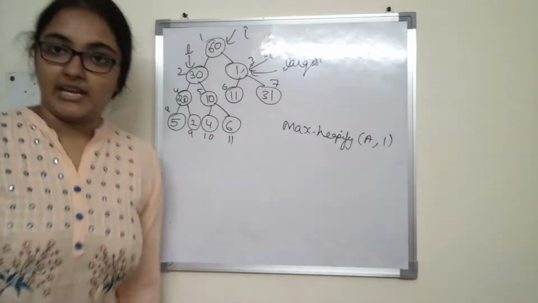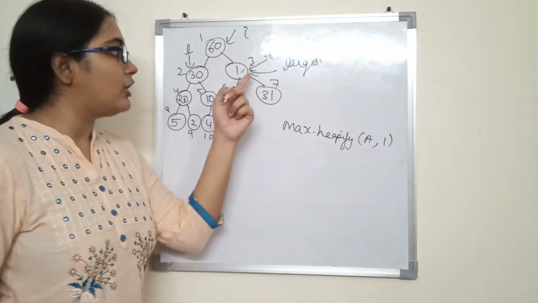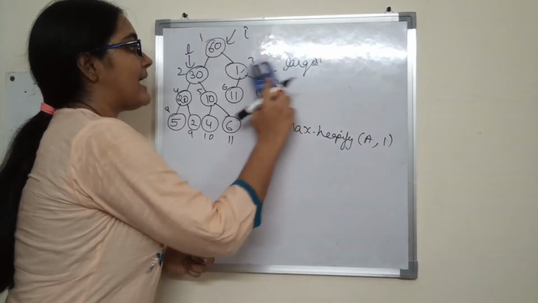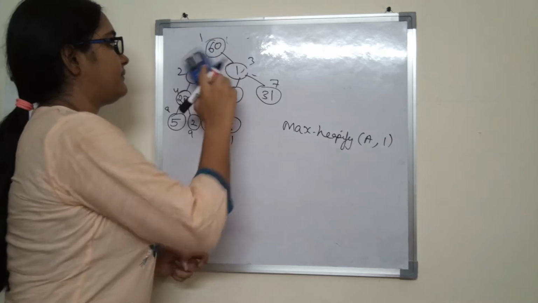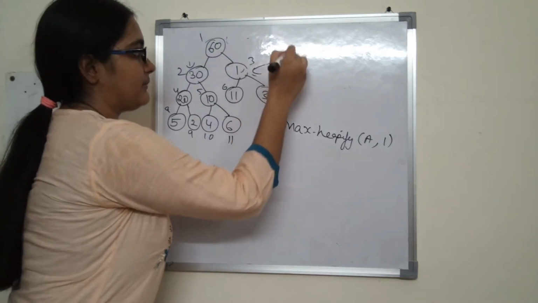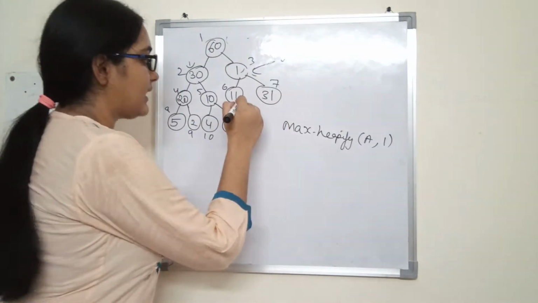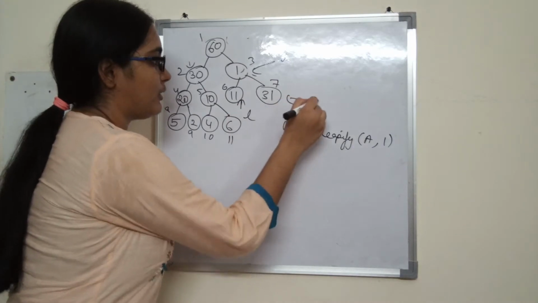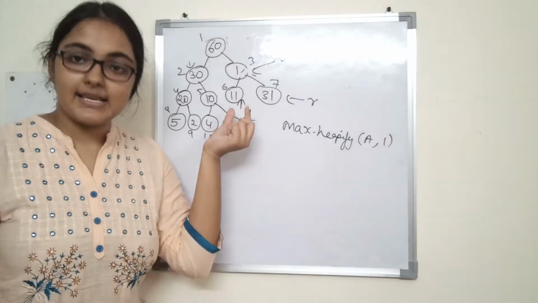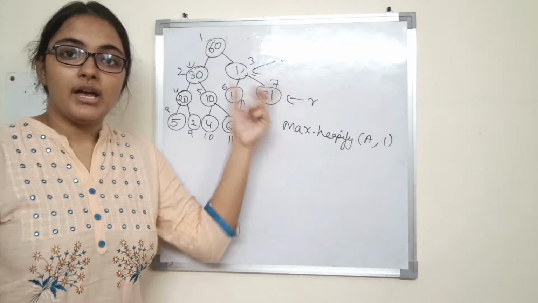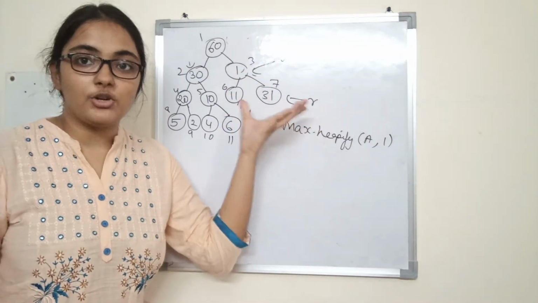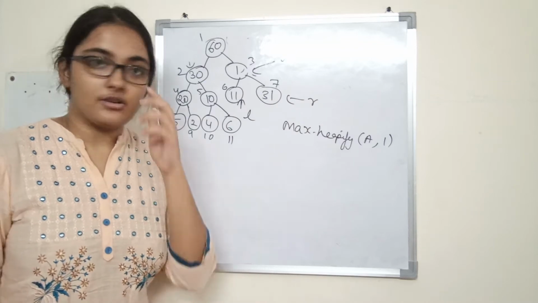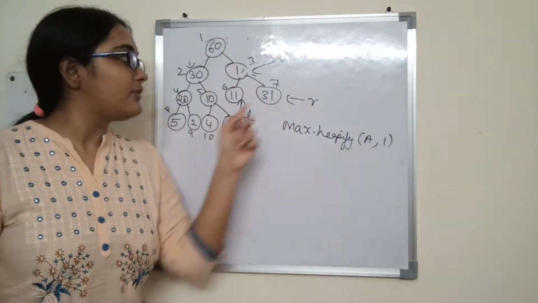And 1 are exchanged and max heapify will now be called on this, right? So when max heapify is called on this, what happens is this becomes the new I. Alright, this becomes L and this becomes R. What is L? 2I, 2 into 3 is 6, and what is R? 2 into 3 plus 1 is 7. Alright, this is L, this is R, and both are less than or equal to heap size, so these are all present. Now it will see which one of the three is largest.